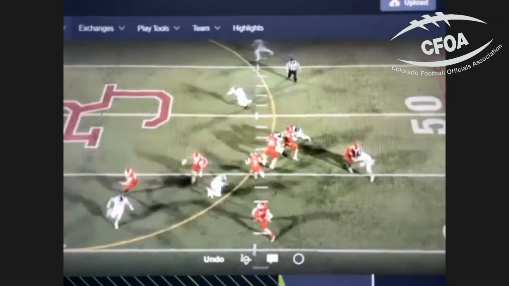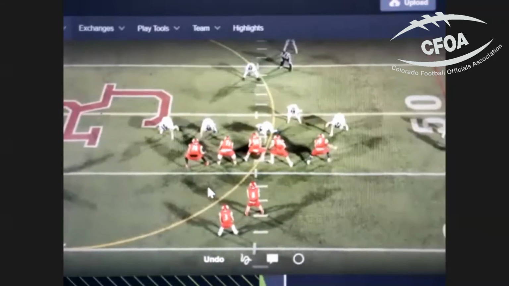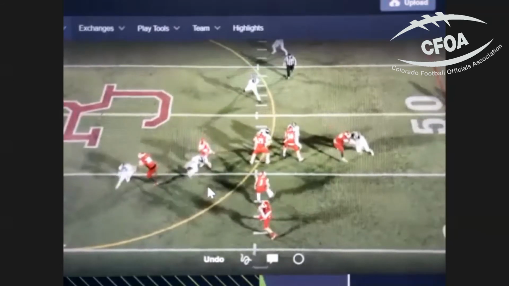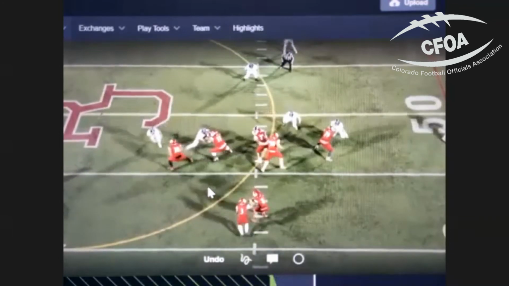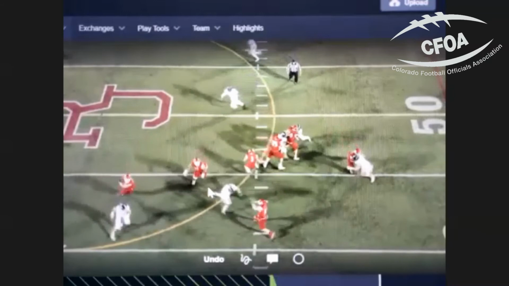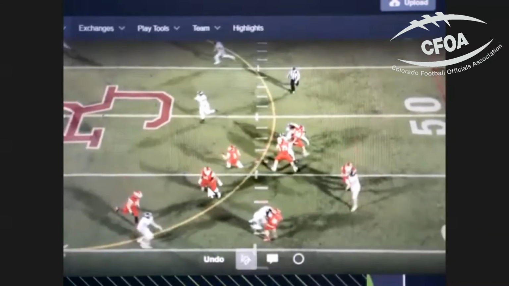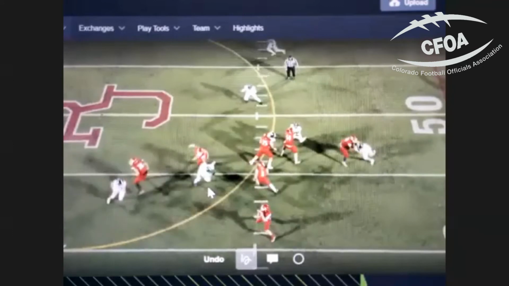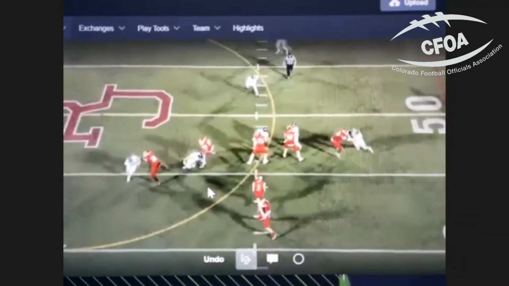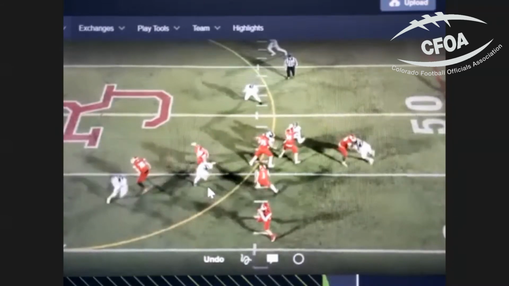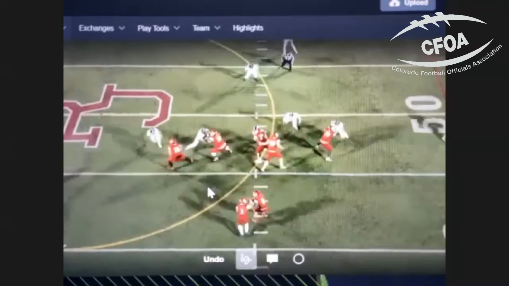One of the things I liked about looking at this clip is, although it is to the D lineman, this is a pass play, and he's trying to sack the quarterback. I don't like his head down right here on contact. I was going to say the same thing, Kurt. That to me looks like he's leading with his head right into the middle of the QB. Yeah, that's a desire to punish. I don't know if we had a flag on that or not.